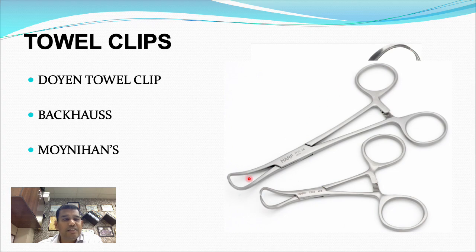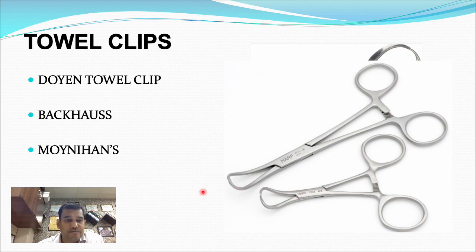Second is the Backhaus towel clip. Backhaus towel clip looks like an artery forceps. This is the blade, this is the joint, this is the shaft, the lock, and the finger bow. But the difference is over the blade. The blade does not meet, but only at the tip. It is a tooth instrument. So when you close this instrument, it will close and puncture the